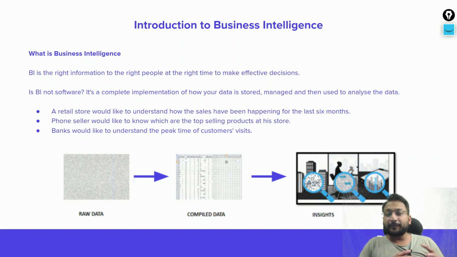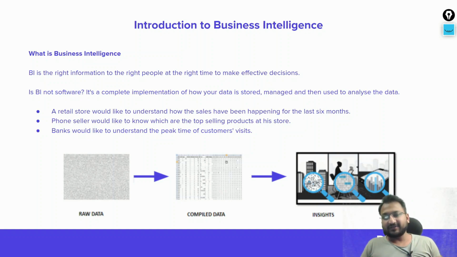So if I try to summarize what BI is, BI is all about how we are collecting all our raw data. The raw data can be in different formats, because in every company there are different teams. There will be team A, team B, team C, and likewise multiple teams. Each team is going to generate its own data, and that data is going to be completely in the raw format.